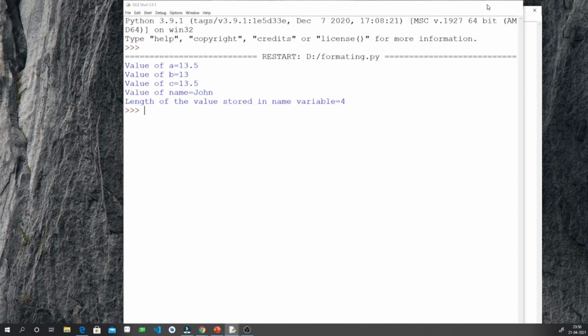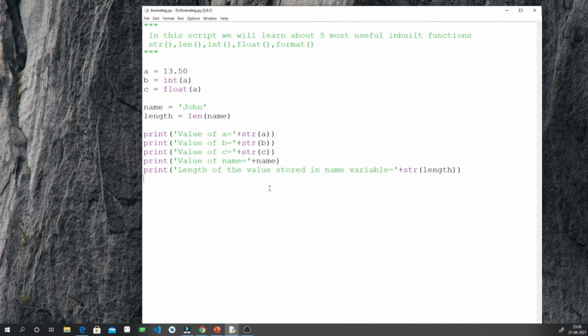Let's write some more code. So x equal to, now what I will do is, I will take input from the user and I will convert it into integer. So I will show you how to take integer input from the user. If you simply write input without this int function, the input will be string. Again we have to convert the string to int.